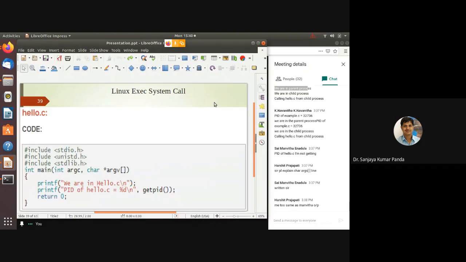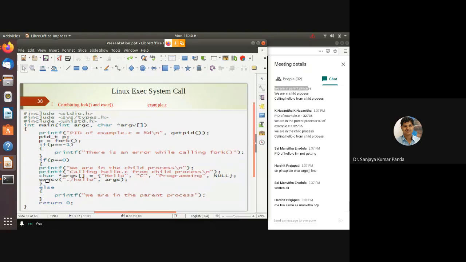Character argument line, I'll explain. Okay, no problem. This character is a pointer, that is, an array of pointers, right? This is the concept of pointer, where you can take multiple strings. Like I have written, the first string is hello, second string is C, next string is programming. Every string is ending with a slash 0 only. So this is nothing but a 2D array. You can assume a 2D array. First row you are writing hello slash 0, second C slash 0, next programming slash 0. The last one is a null. So this you are passing.